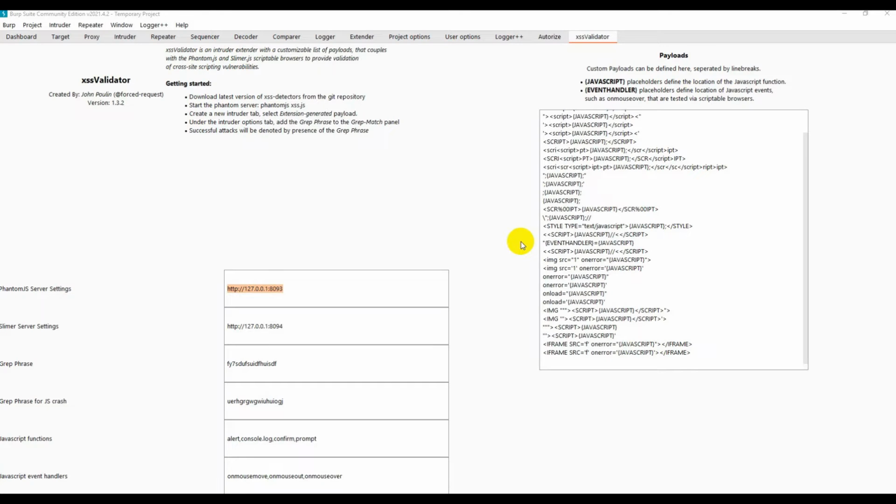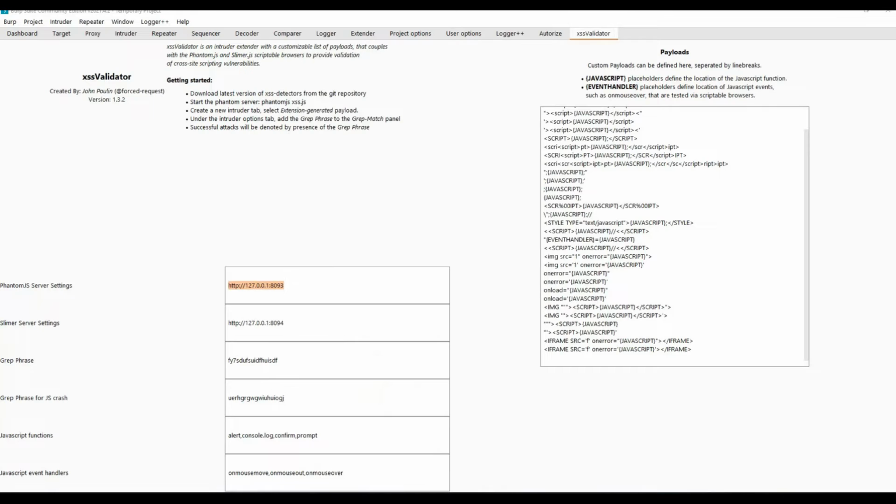Hey, what's up guys, welcome to another video, and in this particular video I am going to talk about XSS validator. I believe more than 5 people have already asked in the comment box about how to use this XSS validator. I understand that this extension needs some setup to make it work. That's why people don't usually prefer to use it, but trust me, it is one of the really cool tools that gives you zero false positives on detecting cross-site scripting.